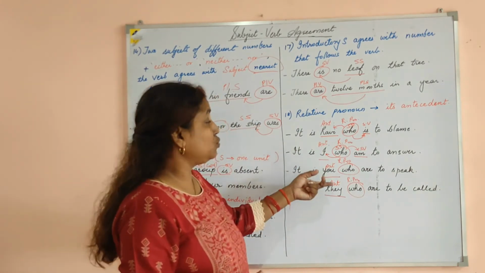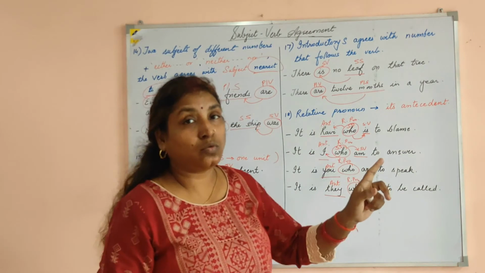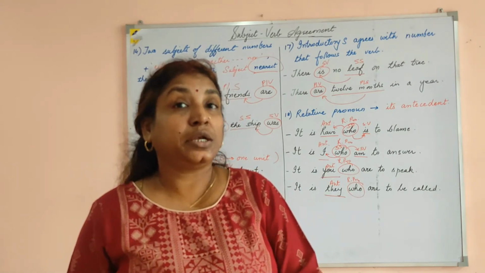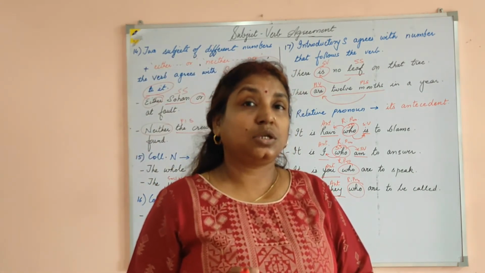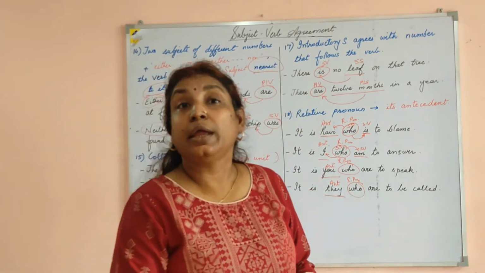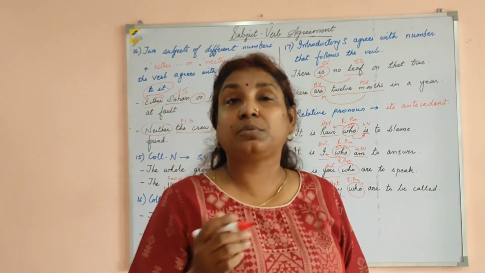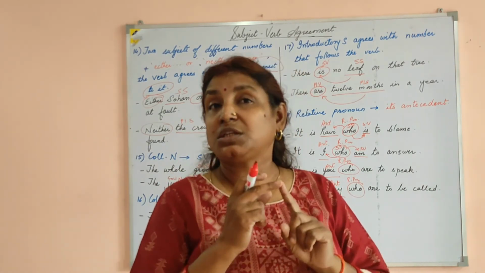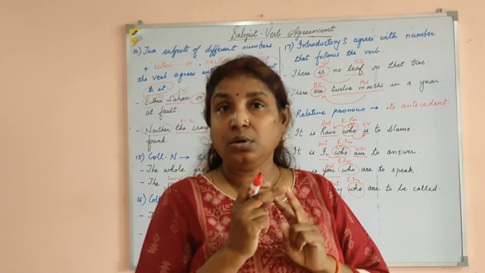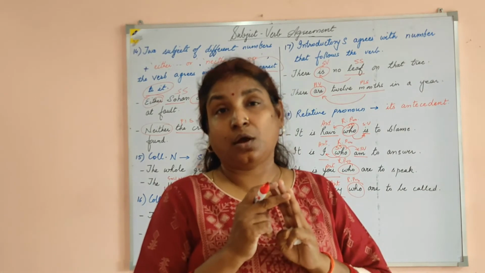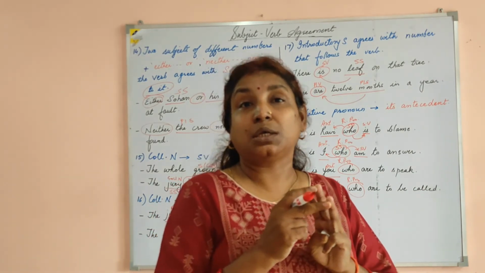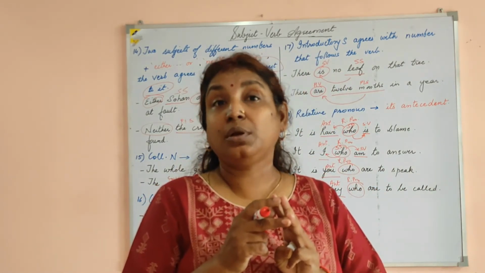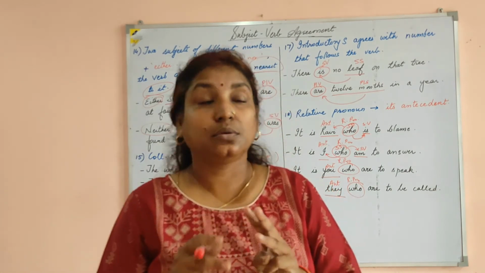Okay? Now let's move to other person. Remember, relative pronoun will agree with the number in its antecedent. So according to the antecedent, the verb takes the number. Now this number which the verb takes must agree in person, number, and gender. Here gender is also important because we have masculine and feminine genders, and we have different verbs for it, different pronouns for it. Got it?